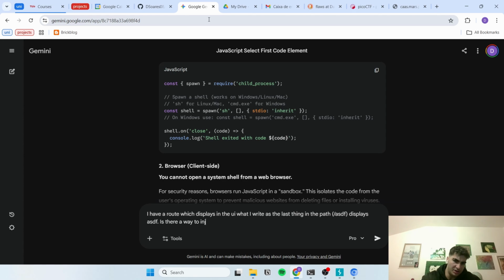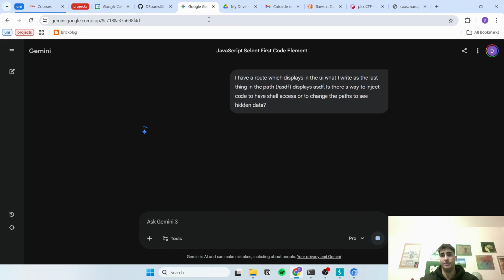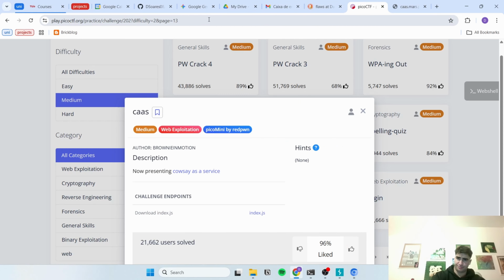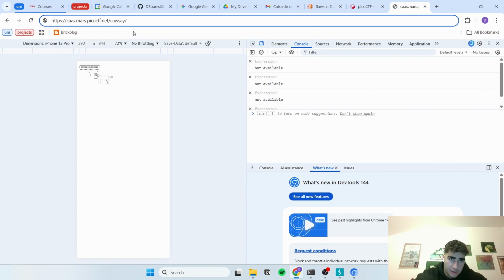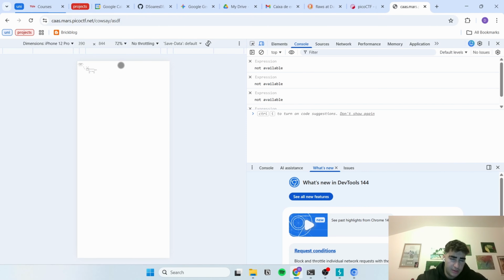A way to inject code to have shell access, or to change the path to see hidden data. Let's see, because this is my thing, right? This is easy to do, but how do we turn this into actually searching for a flag? I would say opening a shell, but